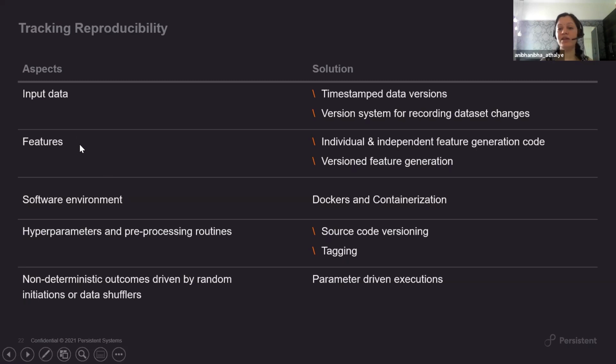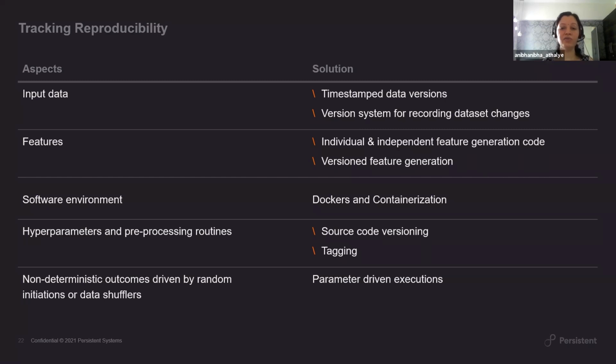The second part that I'll come to is the features. That is not something that I plan to cover as part of this demo, but I definitely wanted to spend like 2 minutes on this topic. How do you really track all the features? Especially if you look at raw data, and then you work over it and iterate over it to define certain derived features. When you have data scientist 1 and data scientist 2 working on the same data sets, the derived features can be different.